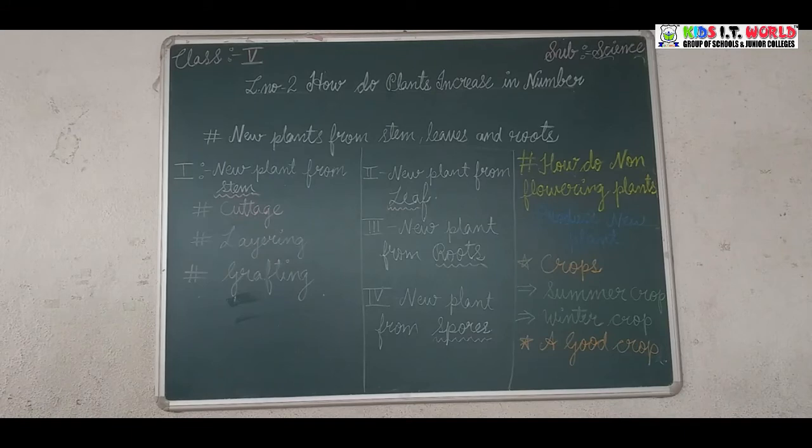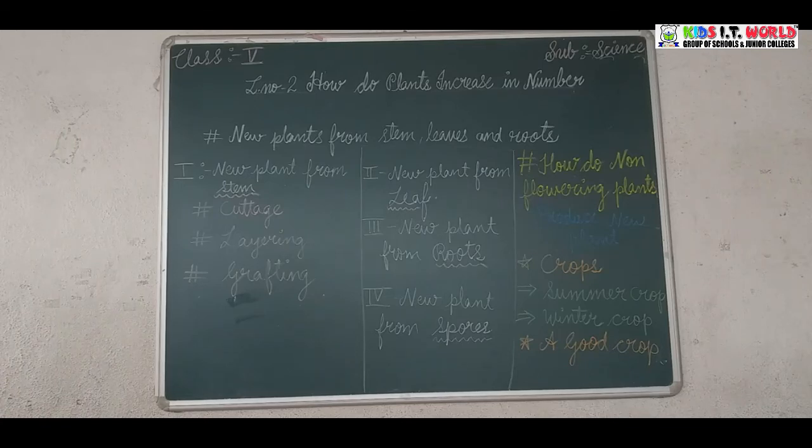Next is crops. Crops are the plants that are grown in a field on a large scale to provide food and other useful things to us. All crops need air, water, sunlight and good fertile soil. However, different kinds of crops grow well under different conditions. For example, wheat and gram grow well in cold weather, while rice and maize grow well in hot weather. Rice and jute grow well in wet soil and require lots of water. Bajra and wheat, on the other hand, grow well in sandy soil and require less water.